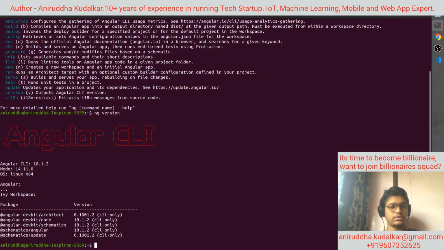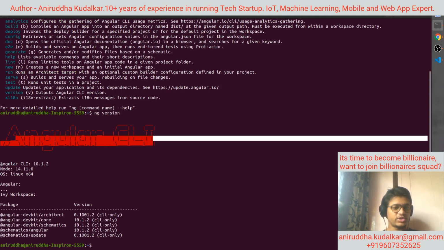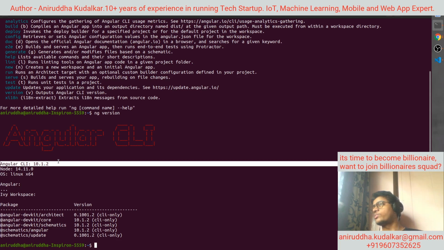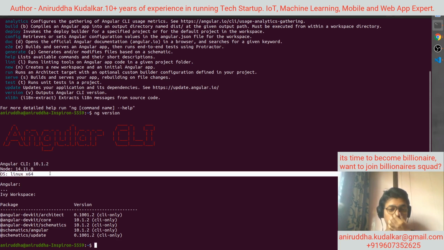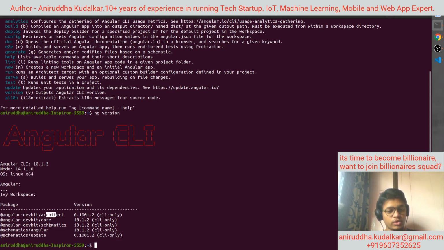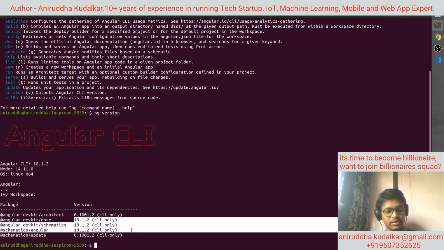Hit enter. See, Angular CLI and Angular version. CLI version is 10.1.2. This is your Angular version. It will give you the Node version also, 14.11.0. OS is Linux. Okay, and these are some artifacts like core, schematics, angular update. All the versions you can see are related to Angular 10.